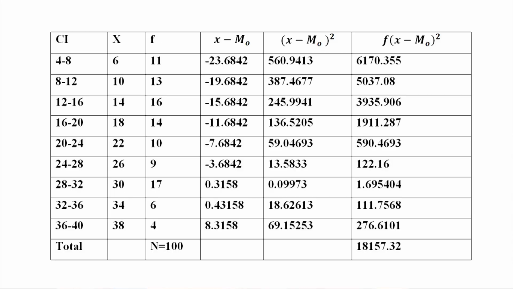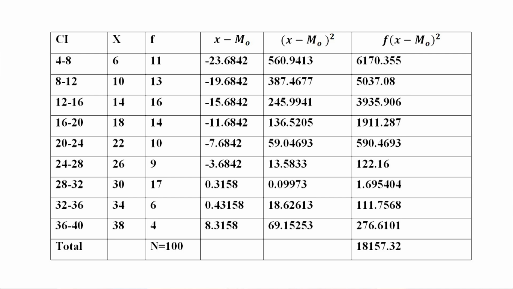As a first step, compute the deviations of the observations from the mode, and the values are minus 2.642, minus 19.6842, minus 15.6842, minus 11.6842, minus 7.6842, minus 3.6842, 0.3158, 0.43158, 8.3158, which are entered in the fourth column. Now, square these observations. The values are